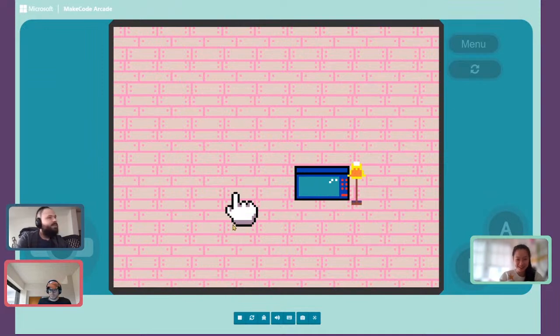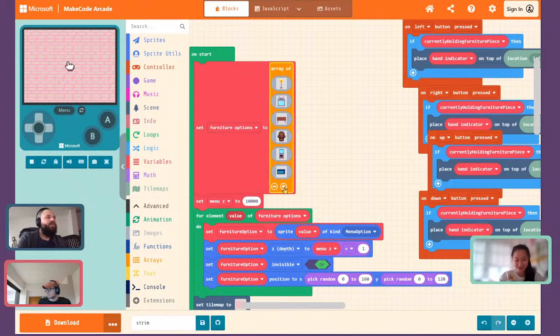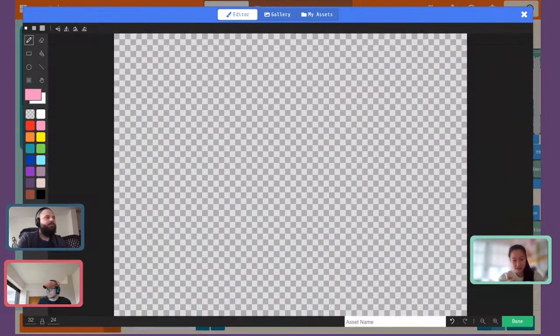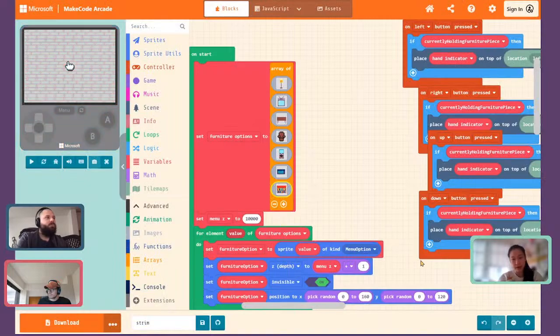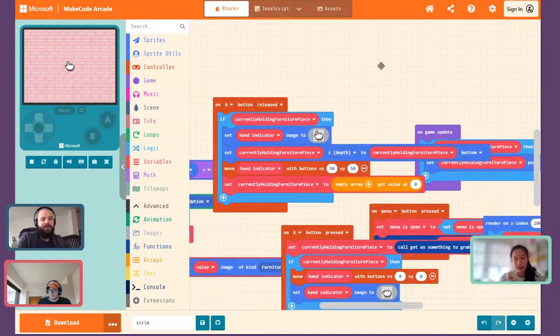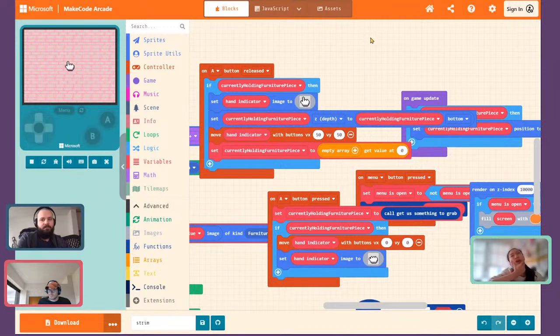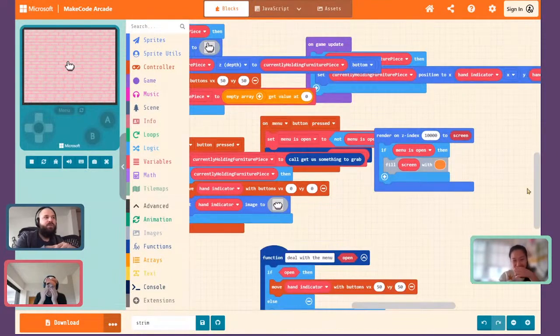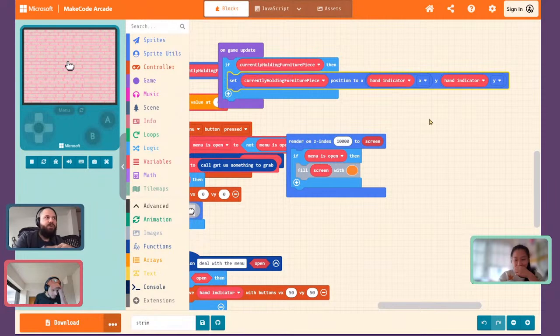Oh, great. The one thing you might want to do is, when you're placing it at the position, align it so that the bottom is aligned with the bottom of the tile. Right now you saw that the lamp wasn't really lining up right. So to do that, we want to do the bottom. Let's see, check the hand image. Oh, the hand is perfectly sized. I think what you could do is inside of an on-game update, just do an if currently holding furniture place. And then just change it to set current X to be the X and set the bottom to be the bottom of the current location of,